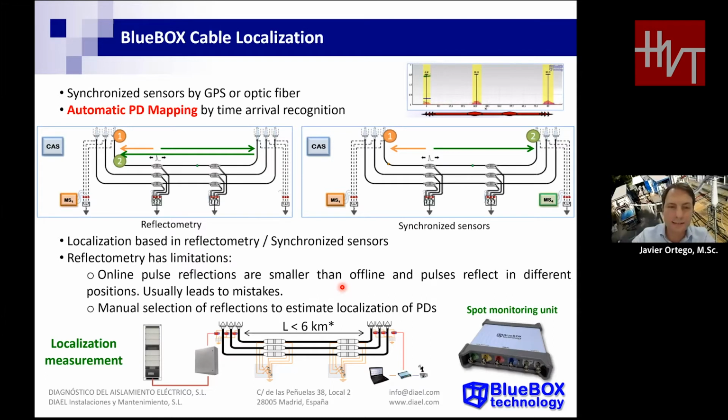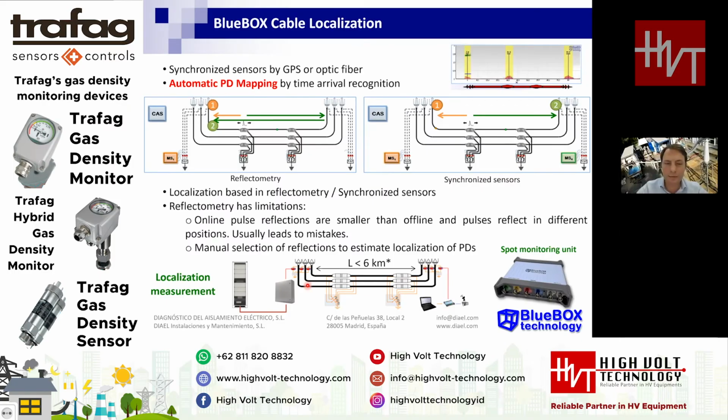In case that we are in a real installation in service, this reflection is very small because the PD will continue traveling to the next element connected to the cable. So as this is not applicable for in service, we need to do additional measurement, like in this example, with another equipment on the other side that is synchronized with the equipment that we have installed in the substation. So we can use, for instance, a portable instrument.